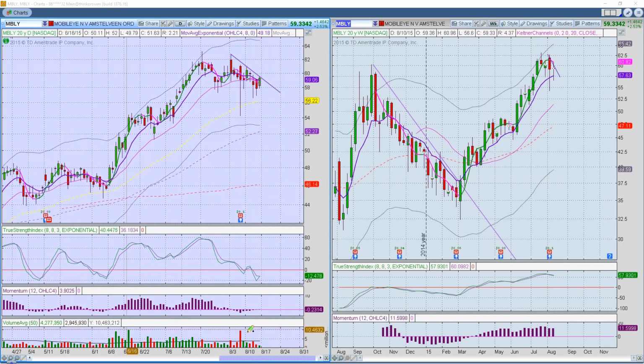If my volume picks up, that's the big question here. What's going to happen with your volume? Right now, the volume is still low. But if we get a breakout above this and it holds, you can use the 8-day moving average as your stop, and you would expect at least a move back up to the 62 to maybe 62.75 level, and if it breaks out from there, away you go.